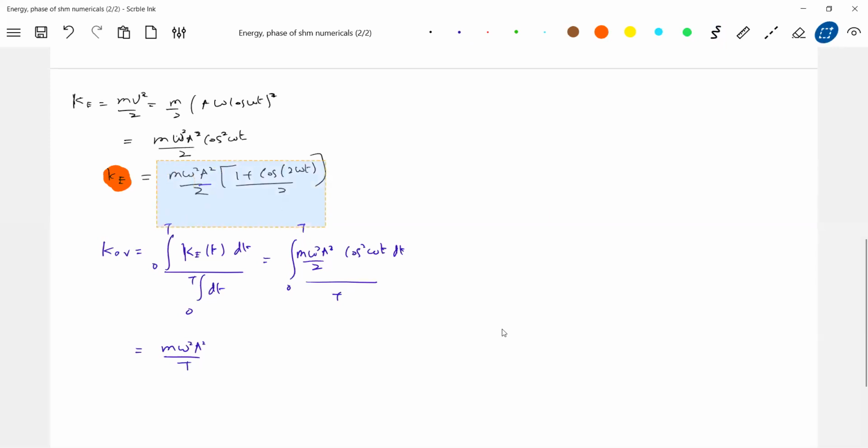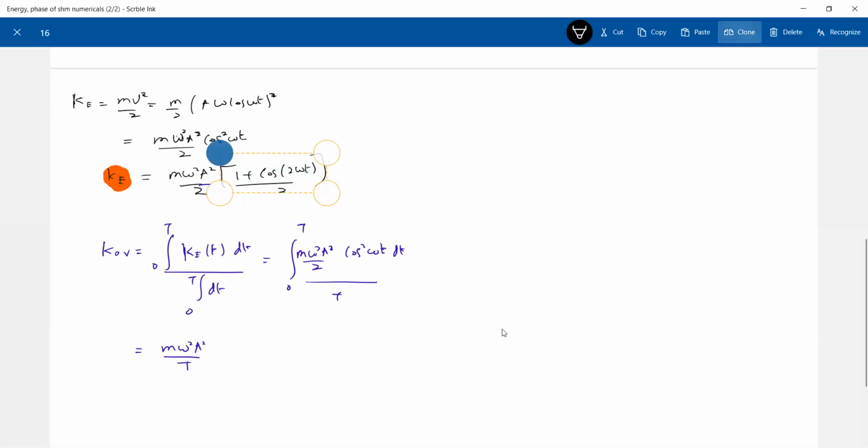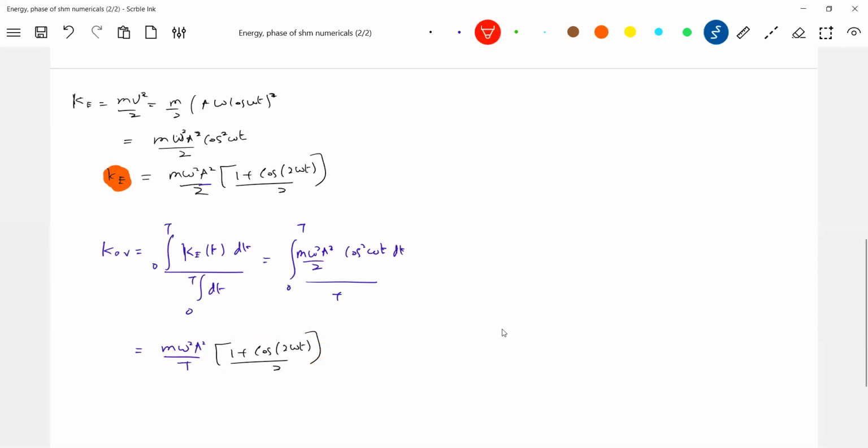Already we know this, let me bring it here. Now I'll integrate. Okay, further, so let's integrate this one. So K average is equal to